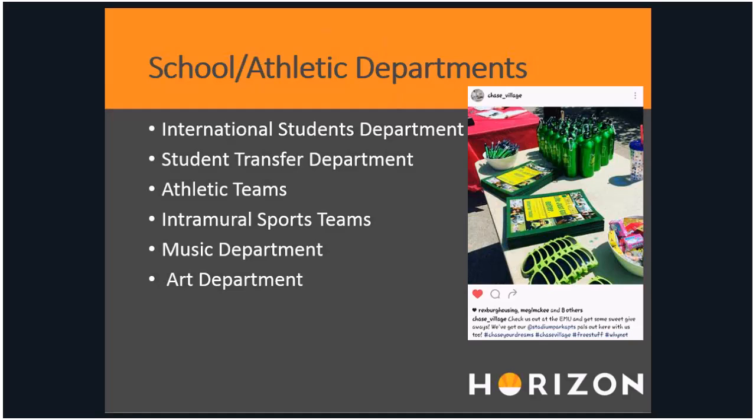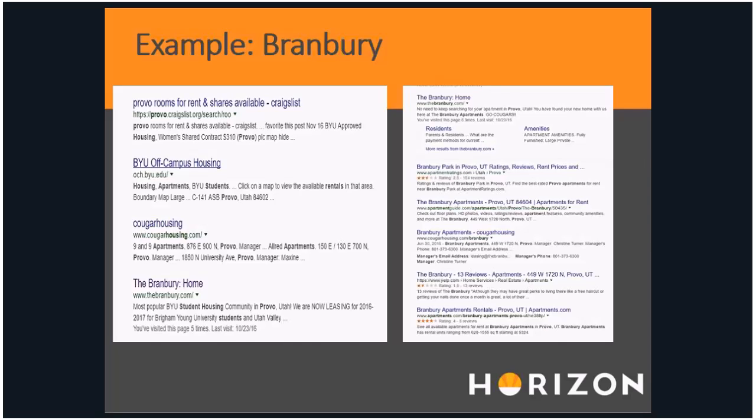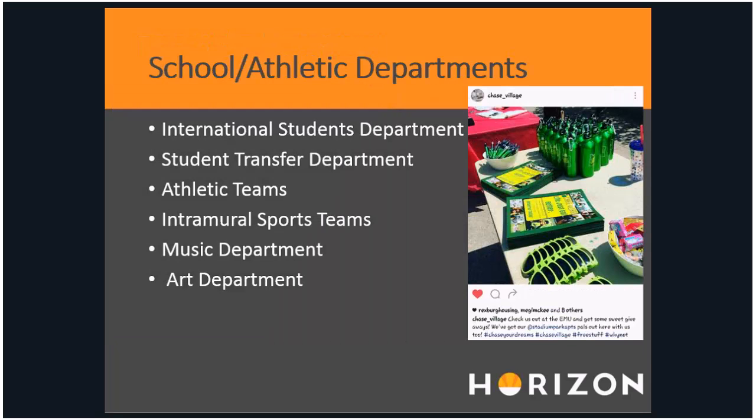My other suggestion for you guys would really be, especially for student housing properties, to reach out to your school departments and athletic departments and as many subdivisions of that as possible. So think about different departments that exist at your local university. International students usually are a pretty important part of our clientele. Pretty much all